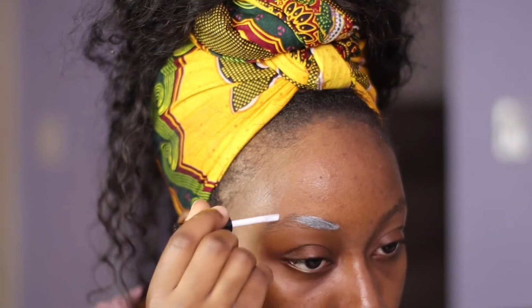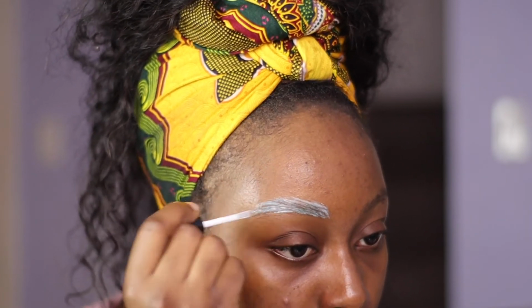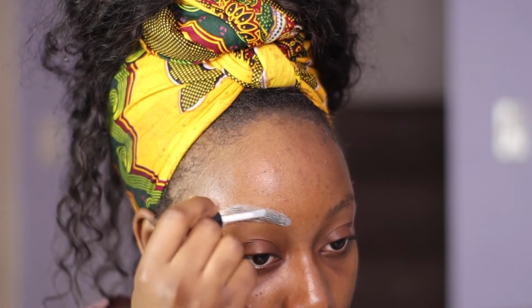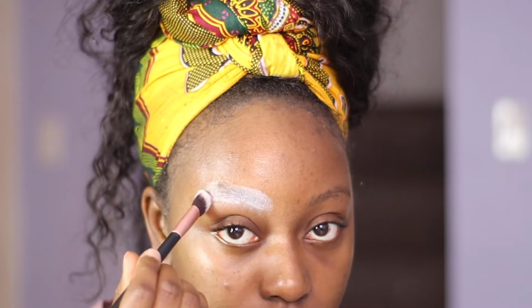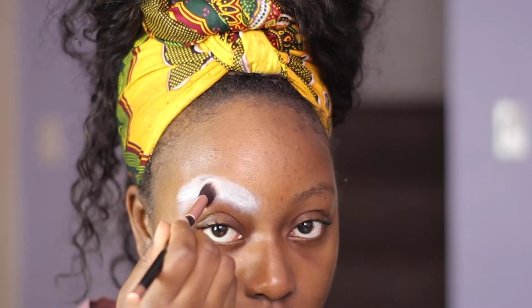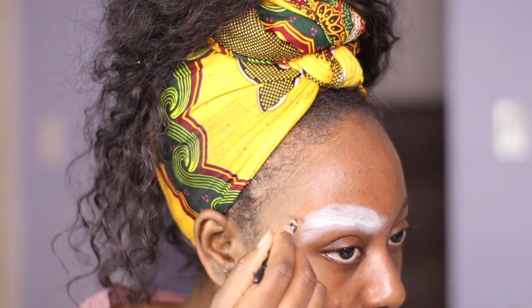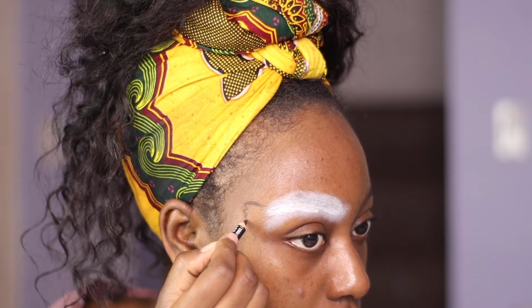So first, we're going to start with gluing down my eyebrow using my duo glue, so we can lay this color on here real nice, real thick, and real cute. Okay, so yep, this is it. And now I'm just going in with some white eyeshadow, making sure that's nice and matted. So now I'm going to go into drawing the continent. So basically what I did was initially I printed out a picture of Africa